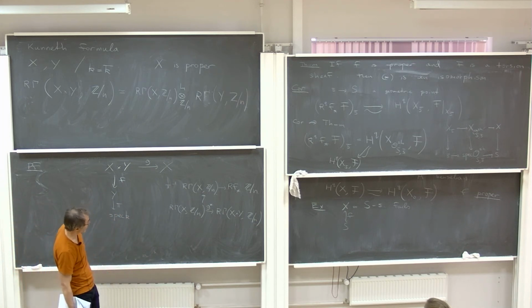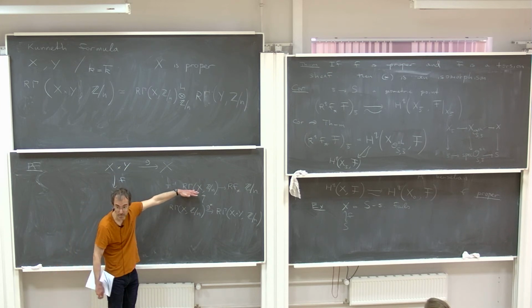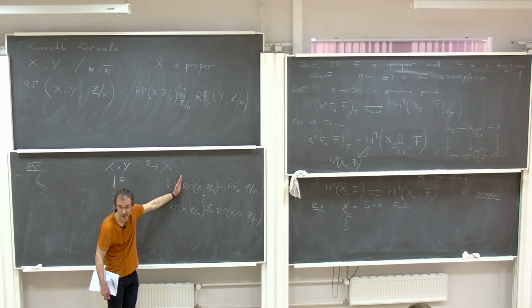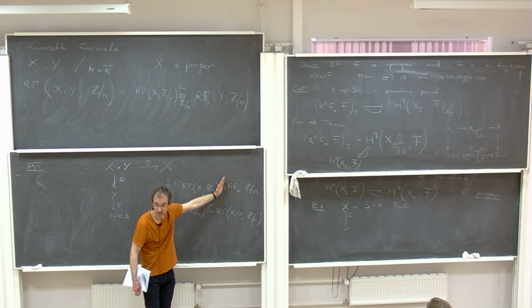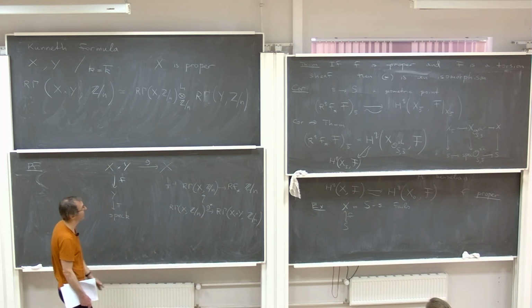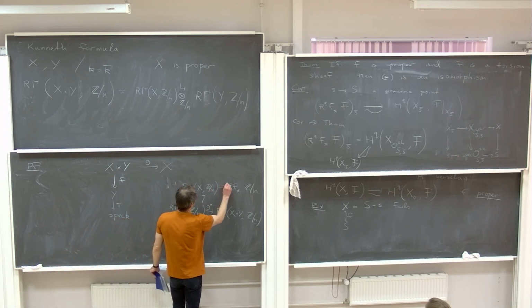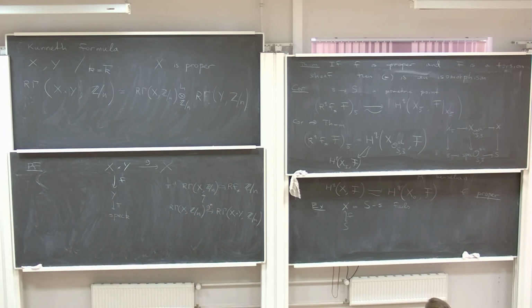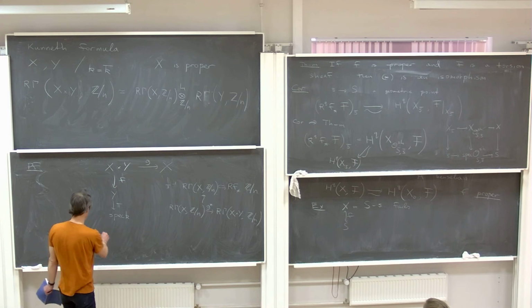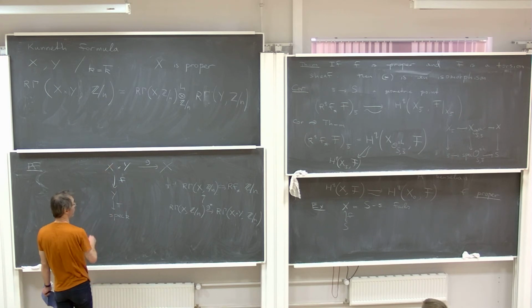Now we use the proper base change theorem to check that this is an isomorphism on stalks. The stalk of the constant sheaf is just this. The stalk of this is the homology of the fiber. So that gives me this isomorphism here. And now we have the formula follows because